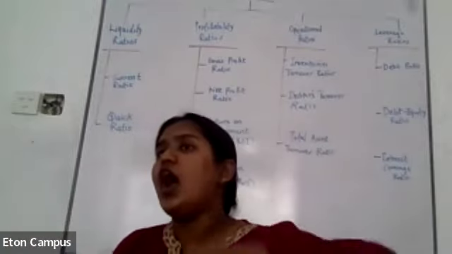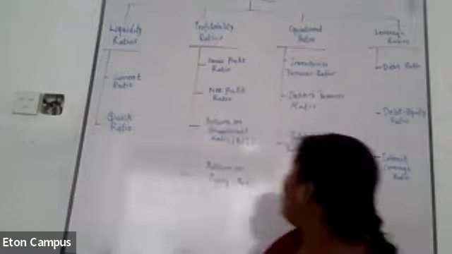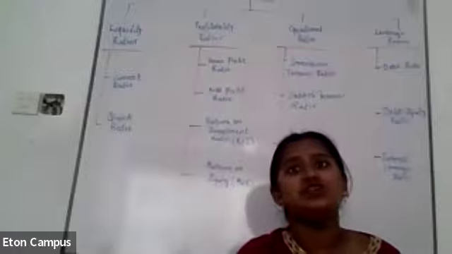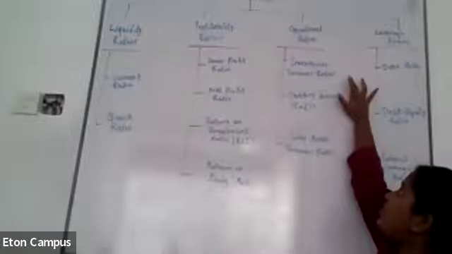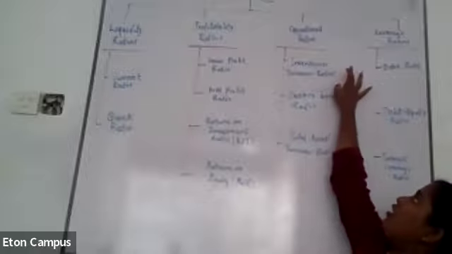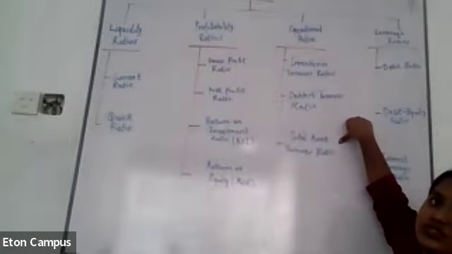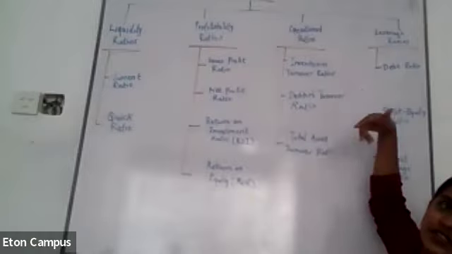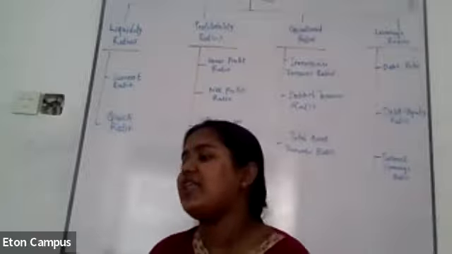The efficiency ratio shows how effectively we can use our assets. As we talked about, assets include inventories, machineries, and stuff like that. So how efficiently can we use our inventories and our assets? If you see it properly, it's the inventory turnover ratio, debtors turnover ratio, and total assets ratio, which is like the non-current asset ratio, current asset ratio, and total asset ratio. Something like that, to make it easier for you all to understand. And then we have